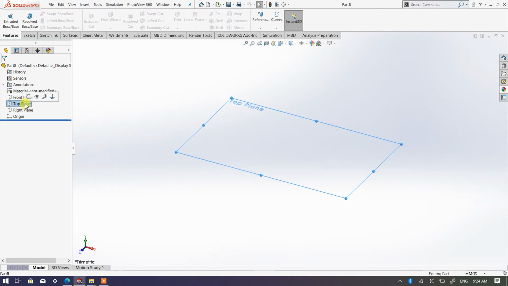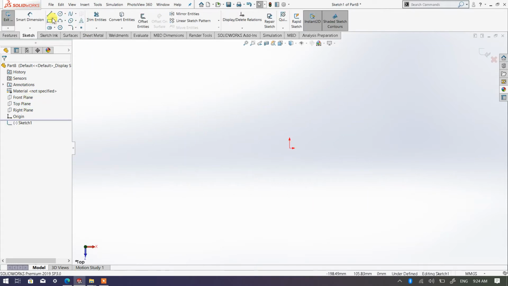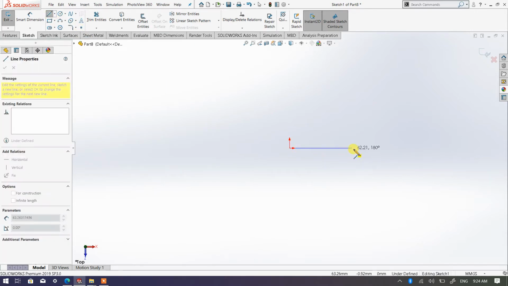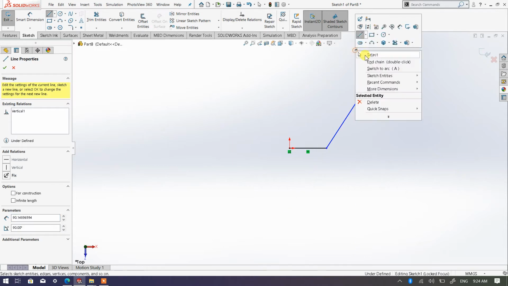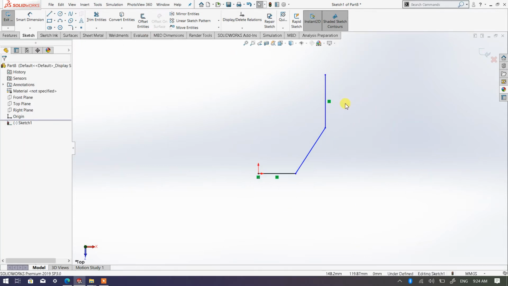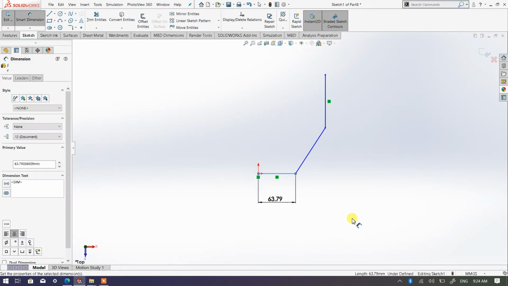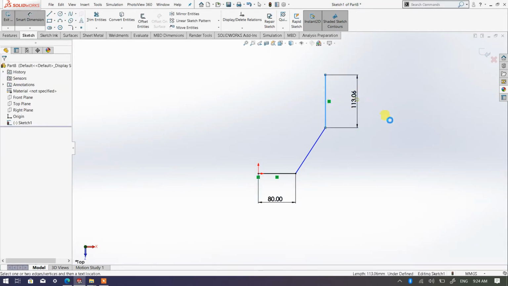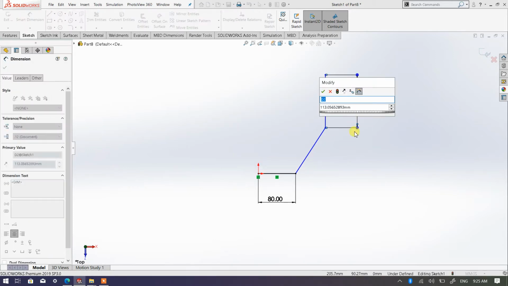Okay, let's say I'm going to pick my top plane as my sketch plane, and let's say I'm going to have some sort like this. Again, this time I'm going to have some sort like that, and like this. And I'm going to indicate my dimensions, whereby the length for this one is 80 mm. The distance for this one is 120, okay, 120, this one,